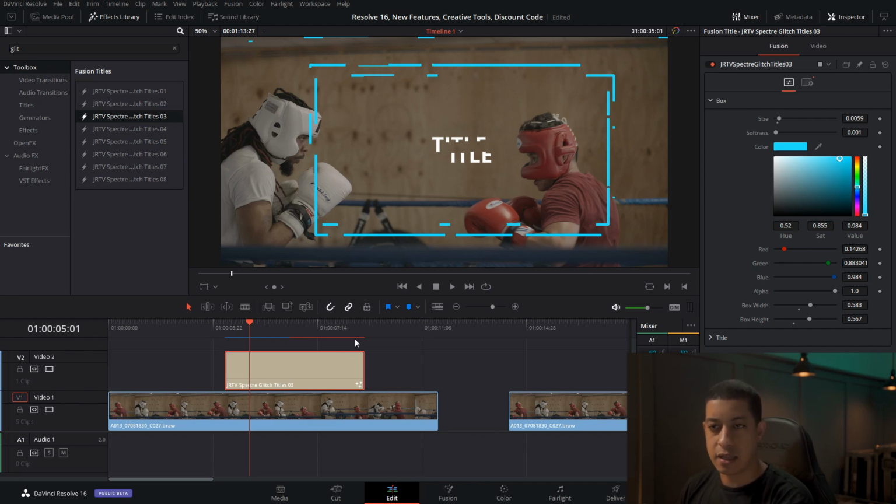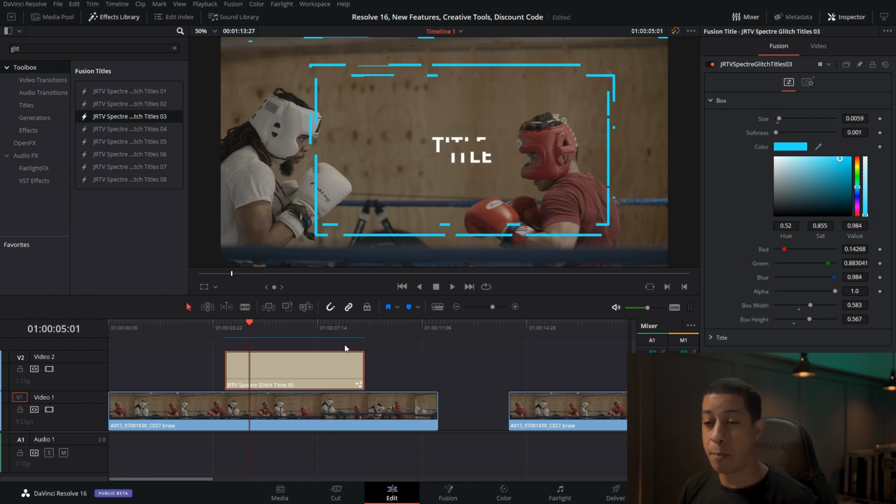Like I said, it's only a pack of 8. Some of them are a little heavier on rendering. As you can see, this one wasn't so bad. Some of them are a little more heavy. And over the upcoming months, I'll look into if there are ways to make them a little more lightweight and